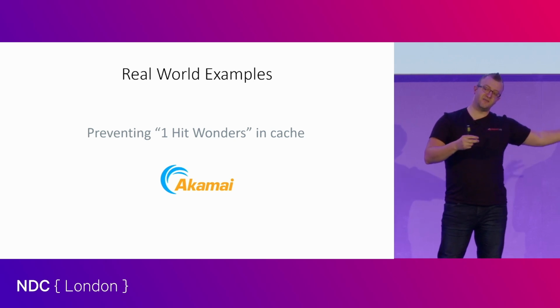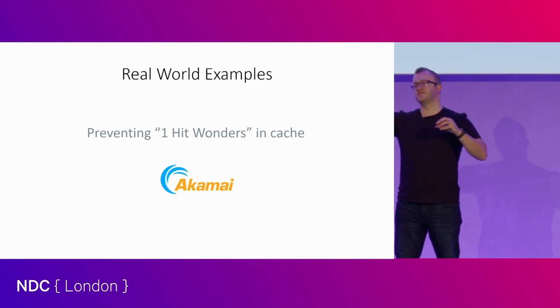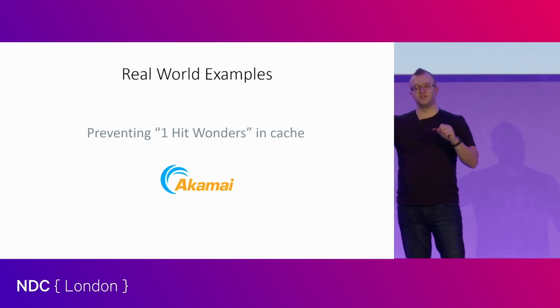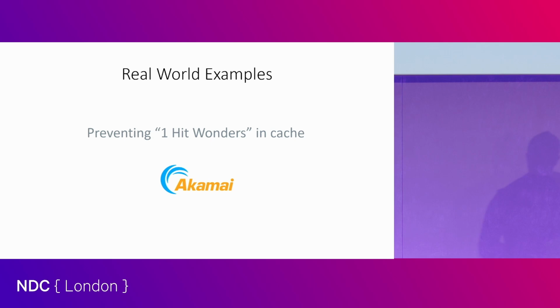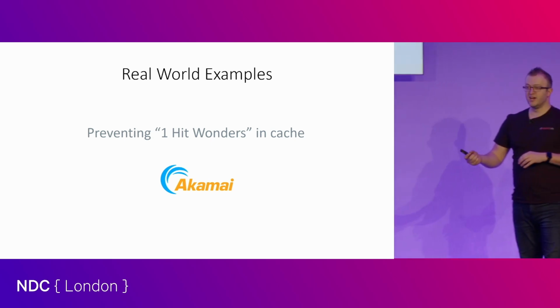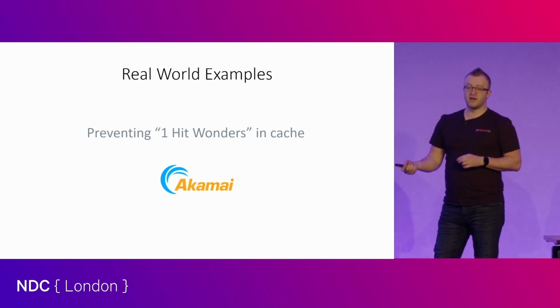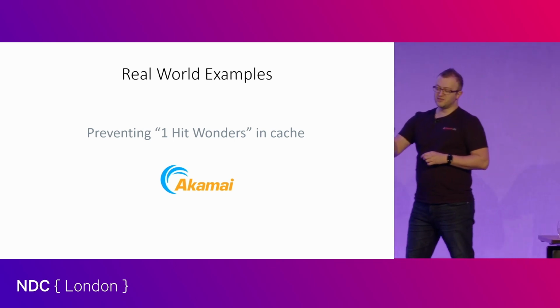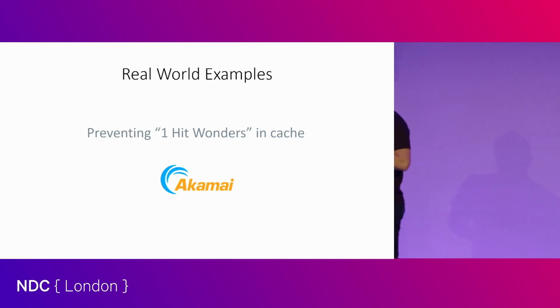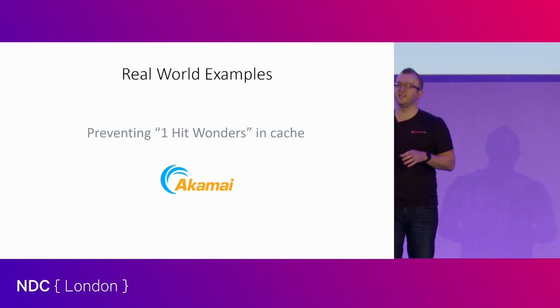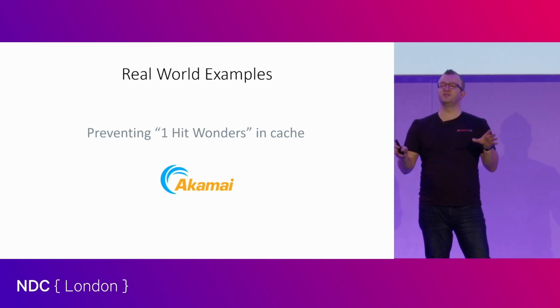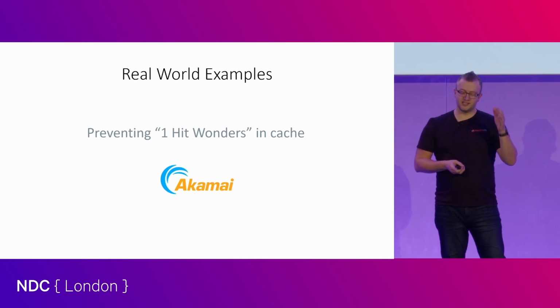So that time when they fetch it from the origin and serve it to the client, they drop it in the cache on the second request. And this helped them eliminate what they refer to in the paper as one-hit wonders, a file that is requested once and then cached, and then sits in the cache until expiration and nobody ever asks for it again. They managed to reduce the size of their cache by around 74% by eliminating one-hit wonders. So they removed 3/4 of the data that they were caching for absolutely no reason, using a simple Bloom filter